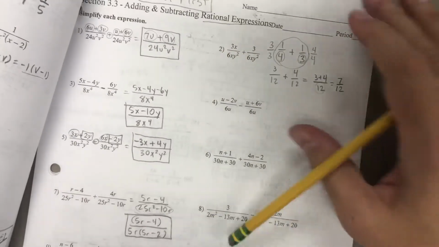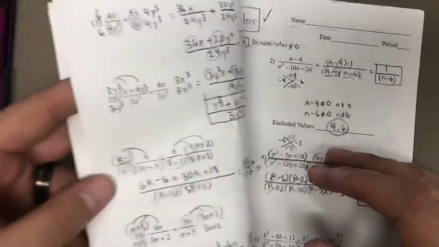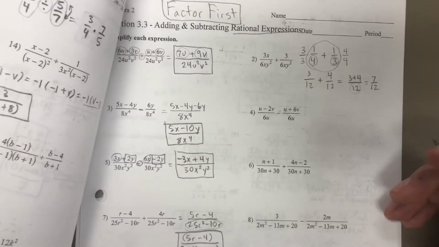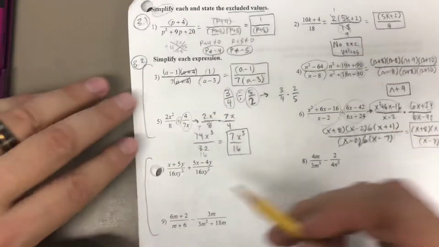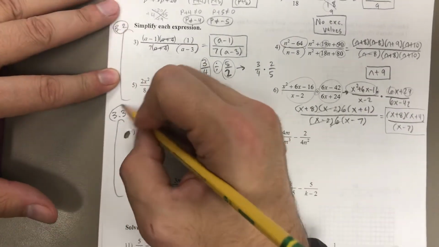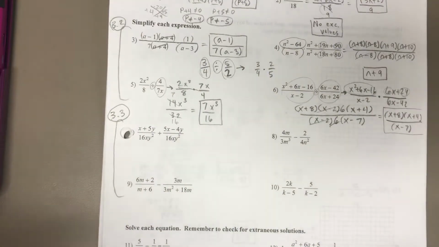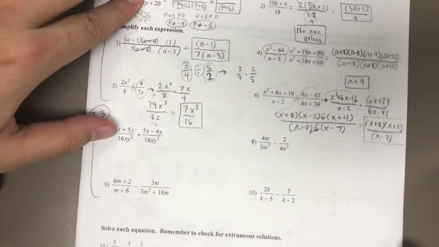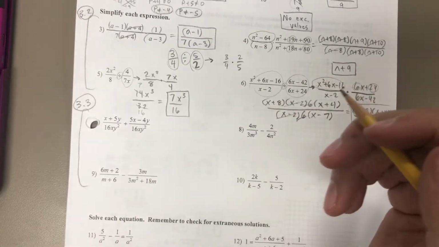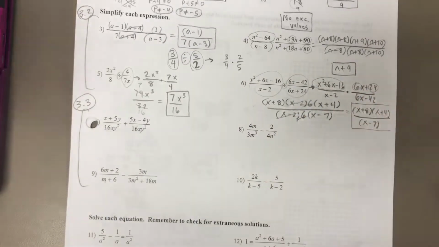So we did a ton of these problems and did a pretty thorough explanation of all of them in the 3.3 video. So if you need some additional examples worked out for you and an explanation, go over to 3.3, and that'll kind of teach you how to do all those things. Okay, so for these problems, when we're adding and subtracting rationals, just like with fractions, we need to find a